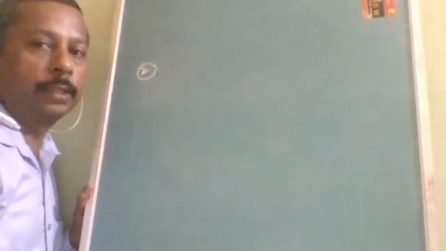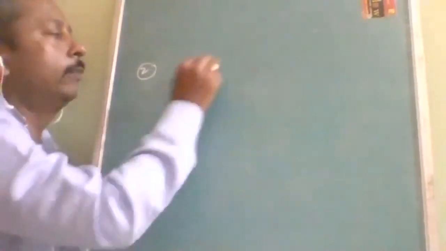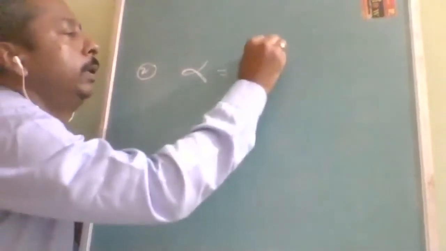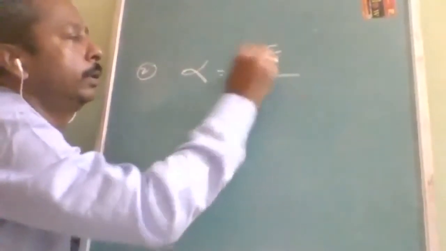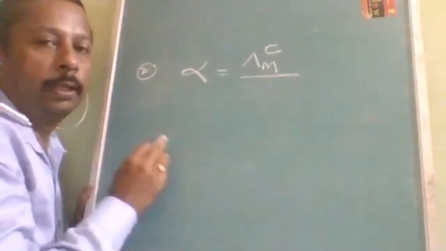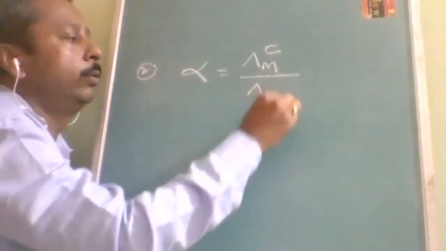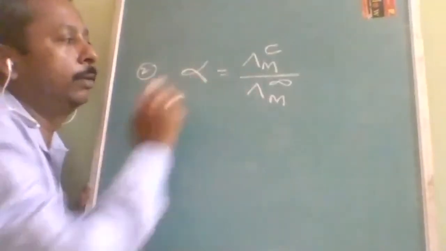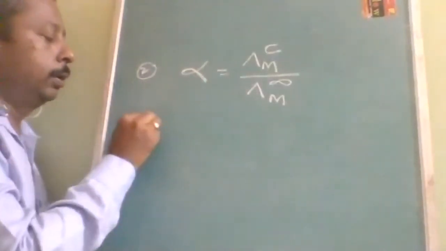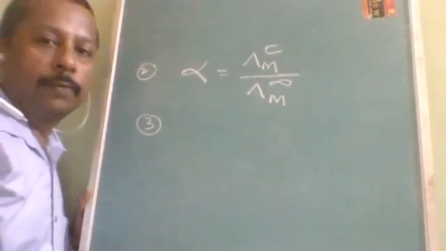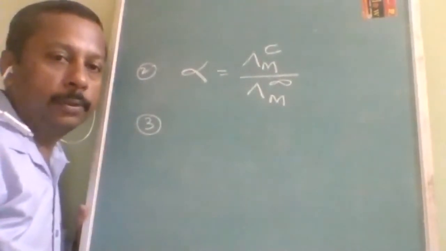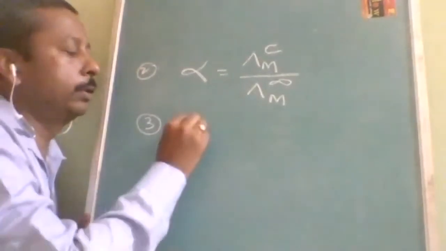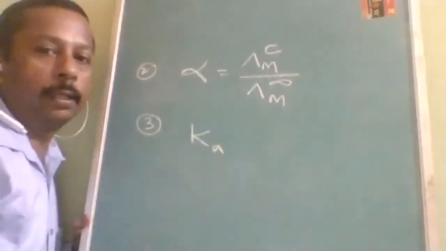The second thing we can use it for is finding the degree of dissociation. Degree of dissociation uses the molar conductivity at the given concentration, which can be determined, not a problem. In the previous application I told you we can find molar conductivity at infinite dilution, so with that you will find alpha. The third application: we can use it for calculation of the dissociation constant. What can we find out? The dissociation constant of an acid, that is Ka.